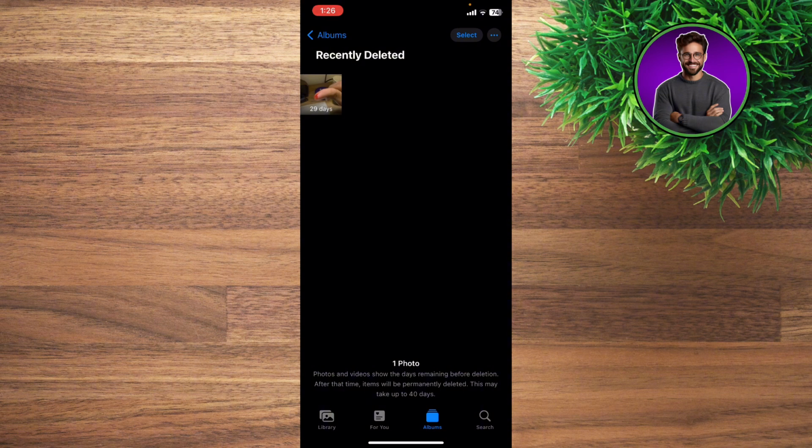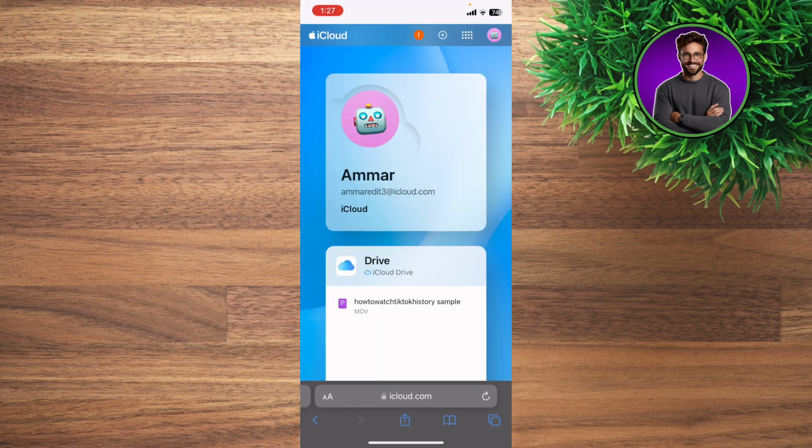But if that video or photo was deleted and you couldn't find it right here, what you're going to do is go back to your screen and then go to the official website of iCloud. And then what you're going to do next is log in with your, of course, Apple account,